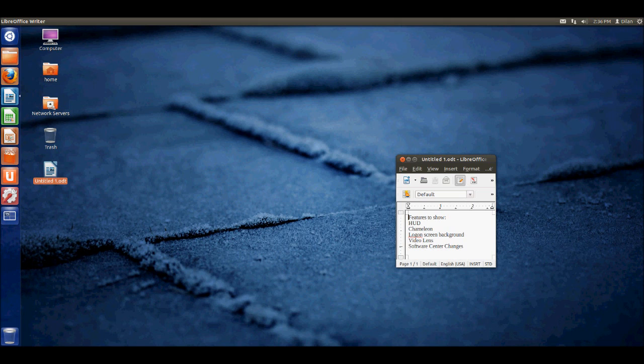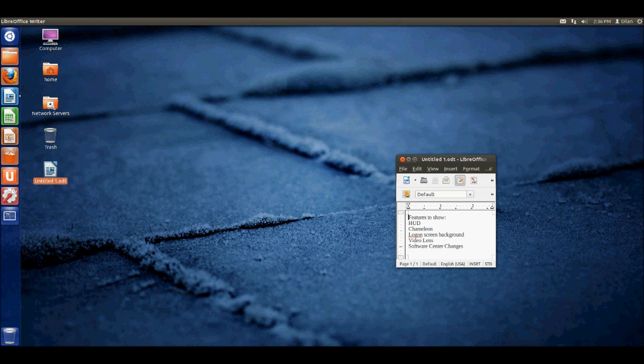In this video I've decided to do a video review of Ubuntu 12.04. Now this is a long-term support release, so they kind of stepped their game up in this release compared to the previous release and even the release before that. This is the first long-term support version that uses a Unity interface. The last long-term support version was